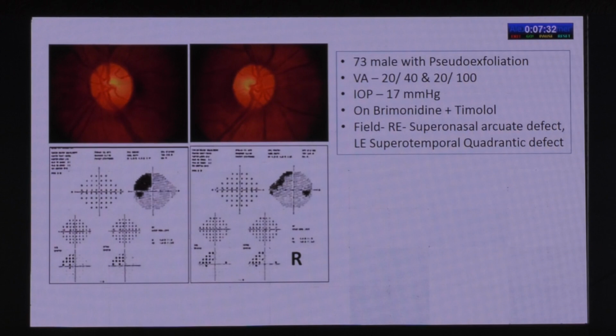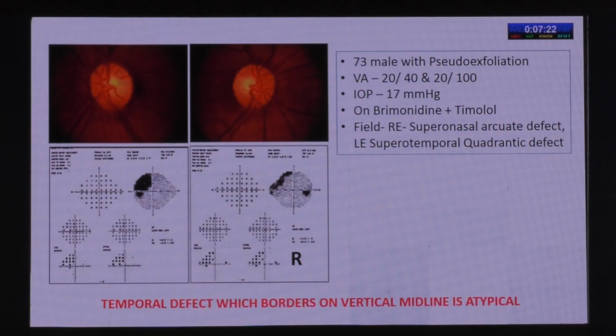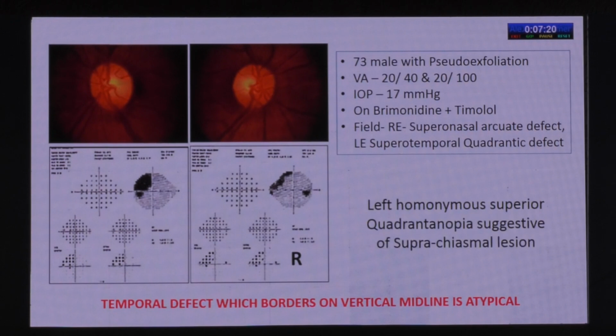Here the field is respecting the vertical midline, and this typical quadrantic defect is not like glaucoma. So when you see both the fields together side by side, you can appreciate the pattern, and you can see that there is a left homonymous superior quadrantanopia, which suggests a suprachiasmal lesion, and it is not glaucomatous. So always take care when the temporal defect borders on the vertical midline, because it is not typical for